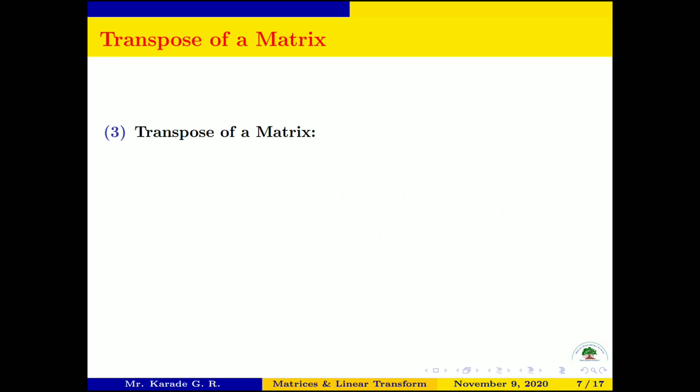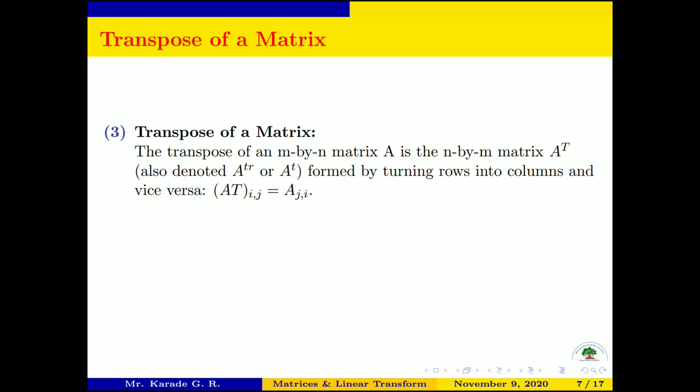The transpose of an M by N matrix A is the N by M matrix A transpose, also denoted by A raised to TR or A raised to T, small t,